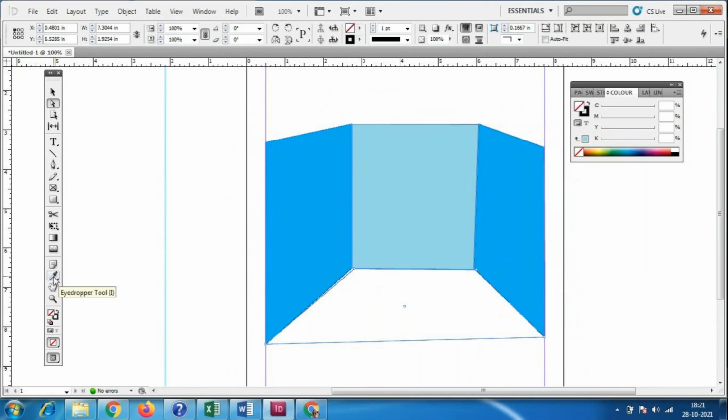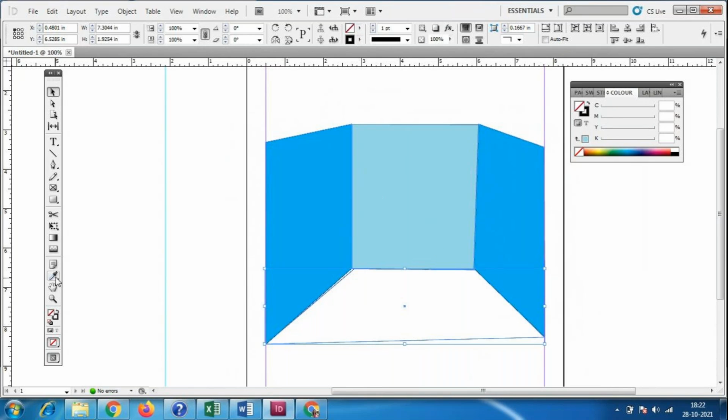There is an option called the eyedropper tool. Why are we using the eyedropper tool? To pick the color. I have to pick this color and add the same color. So I'll click on this eyedropper tool. First, I selected this shape, because in this shape I need this light blue color.